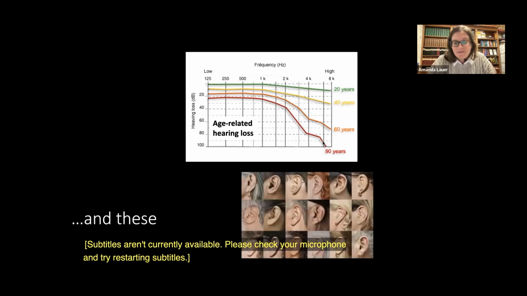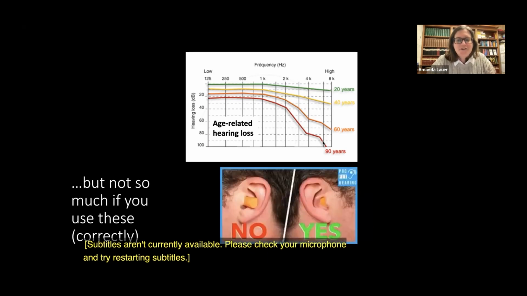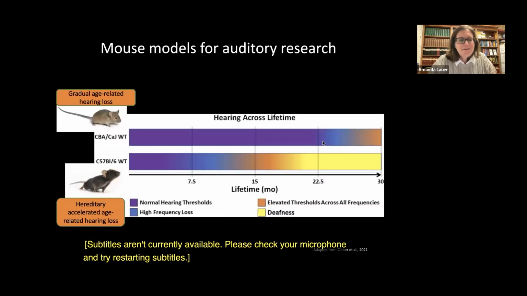However, yet another complication is that many people who have hearing loss will be wearing hearing aids. This is not to say that's a bad thing, that's a good thing for healthcare, but it is yet another complication in trying to understand the role of the olivocochlear system, because it's going to be influenced by all of this acoustic experience, in addition to things like earplugs to protect against hearing loss.